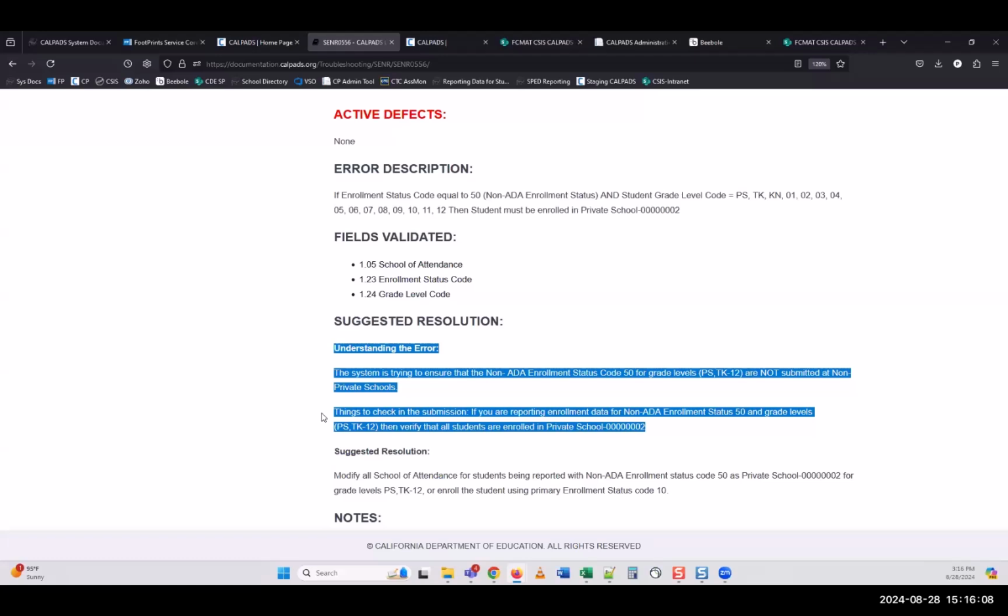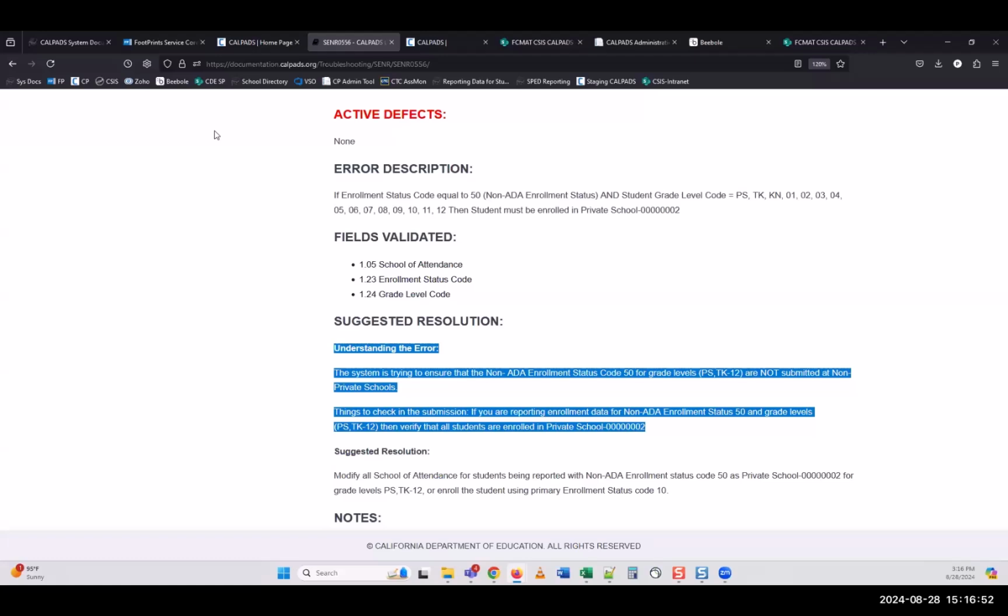Most SIS systems have an indicator that highlights which are CALPADS fields versus which are local fields. So I would definitely speak to your SIS manager or your SIS vendor, so you know which fields are for which, and you're not erroneously populating data that should come to us. But yes, you should use that 10 for students that are enrolled with you, although you are not collecting ADA. That's through your principal apportionment section, and make sure you're meeting that RACI document.